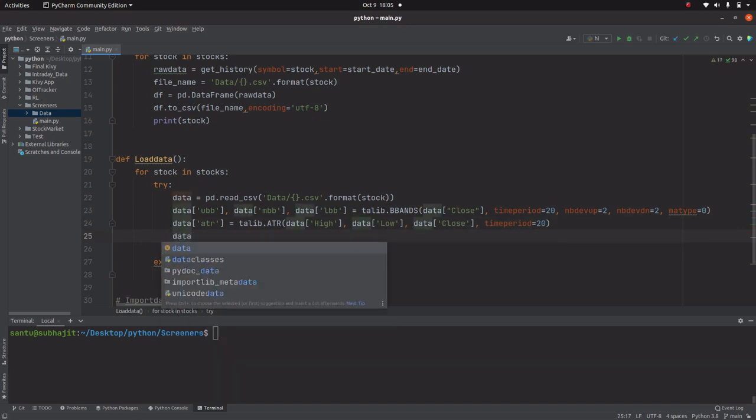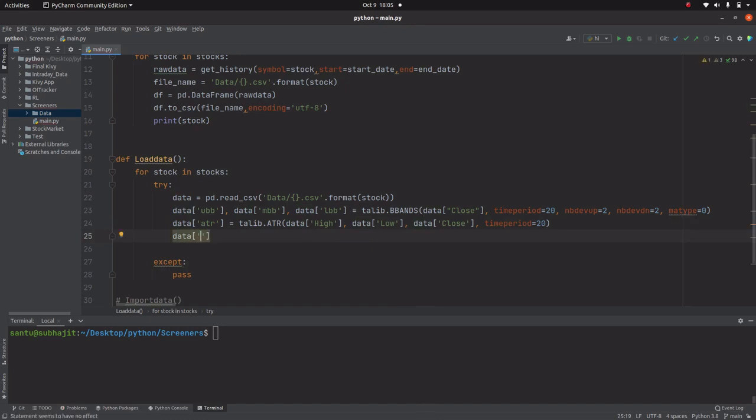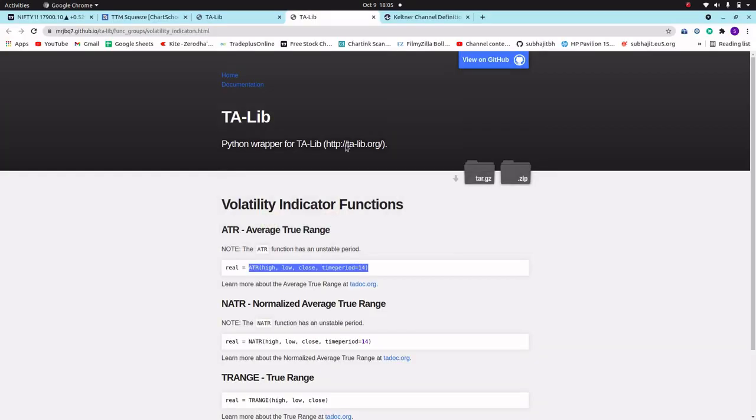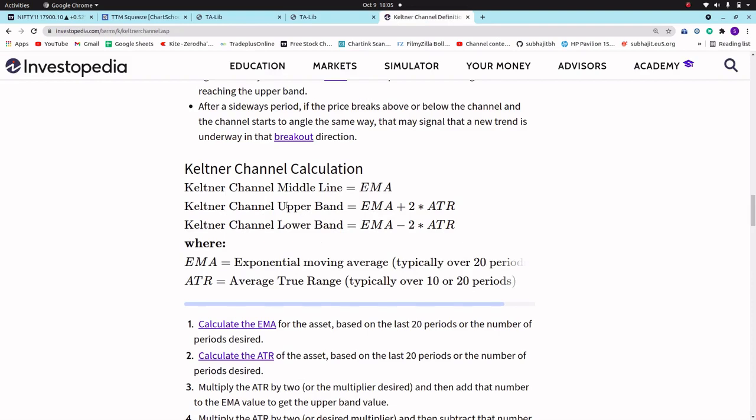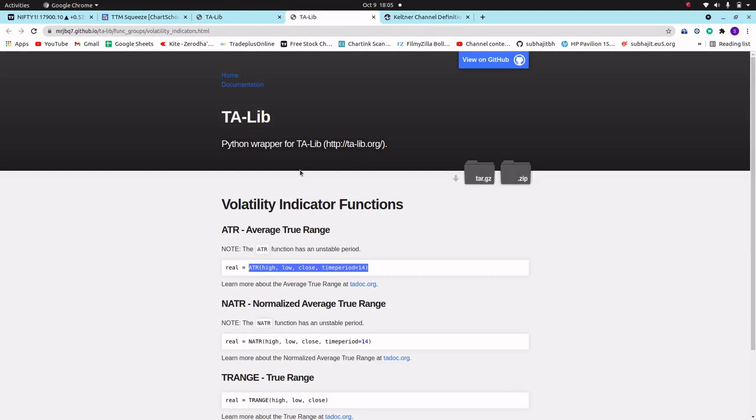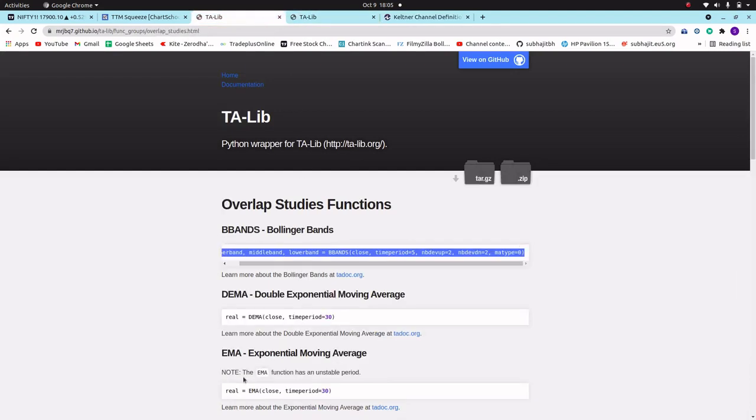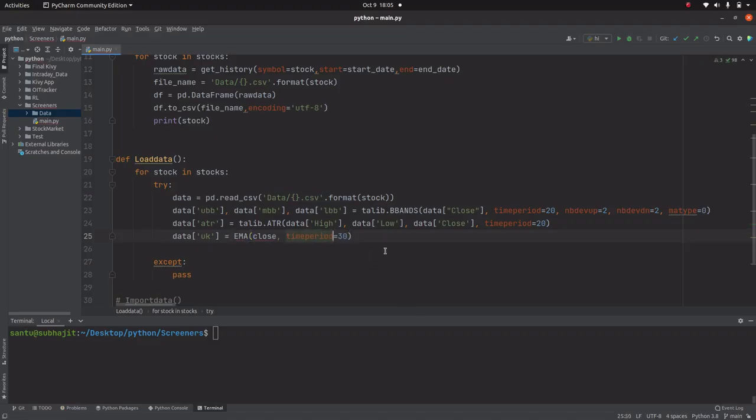Now we look for the upper band of Keltner channel. So let's take the variable UK, that is upper Keltner channel, is equal to, let me see the definition. The definition is upper band is equal to EMA plus 2 into ATR. In my case it will be EMA plus 1.5 into ATR. So EMA, let me take the formula for EMA, that is exponential moving average. So let me copy it and paste it here.